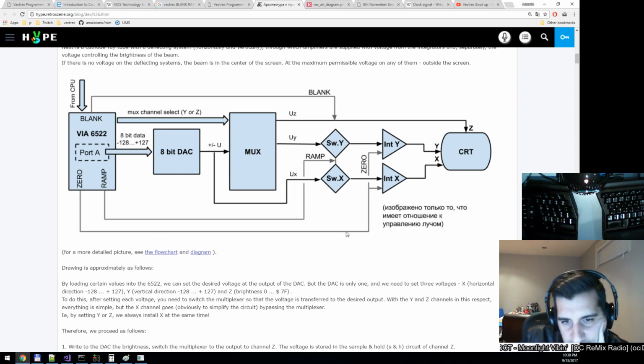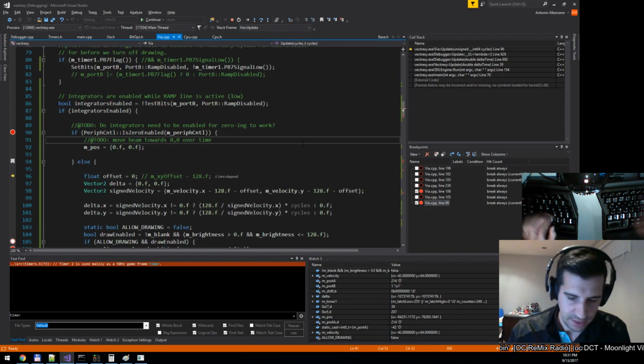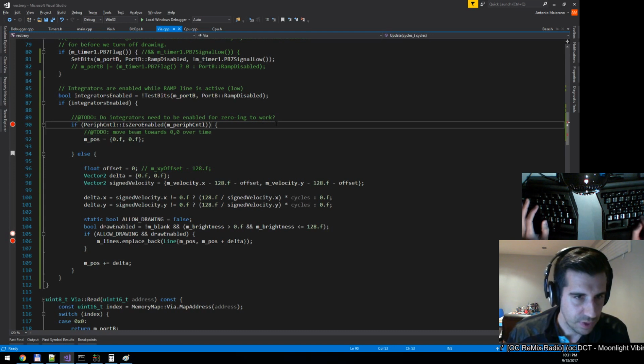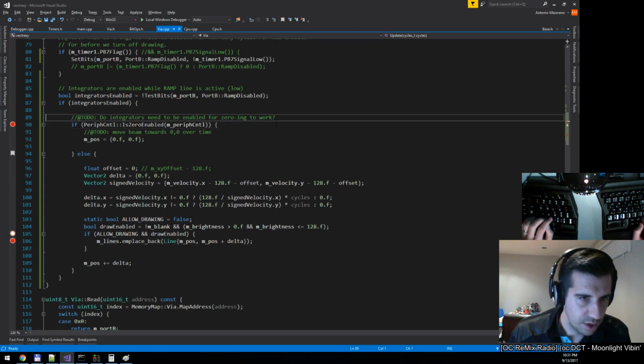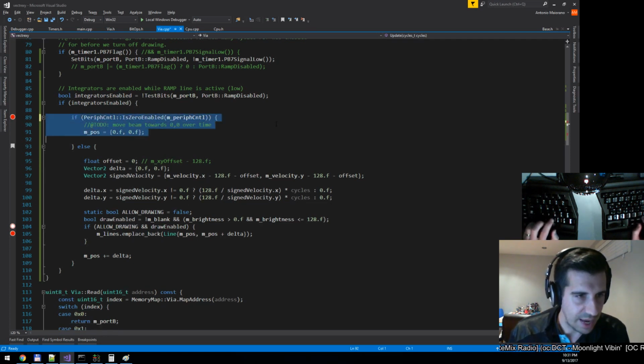If 0 is set, it writes directly to the integrator outputs that drive the CRT, and it doesn't care about this here, the SW. This has to do with the actual integration logic. And the ramp controls whether or not this outputs over here, but 0 overrides and writes directly. Okay, so that answers that question. So that means that this zeroing does not belong in here. See, that answers my question. Do integrators need to be enabled for zeroing to work? Nope. So we move this out